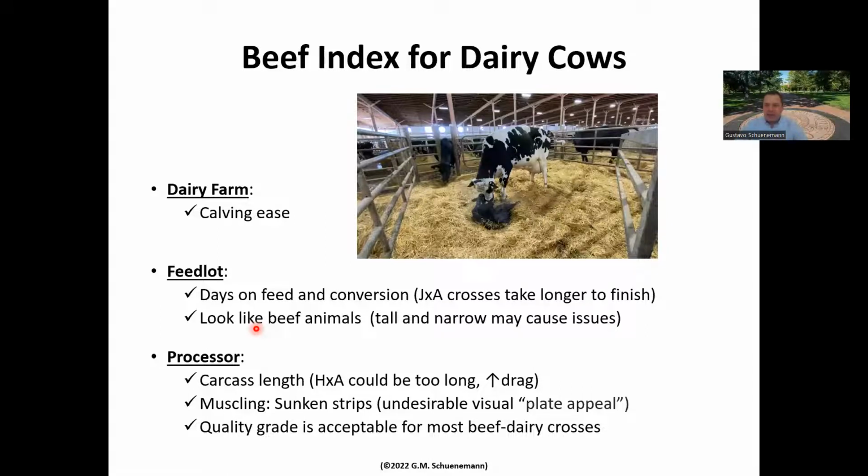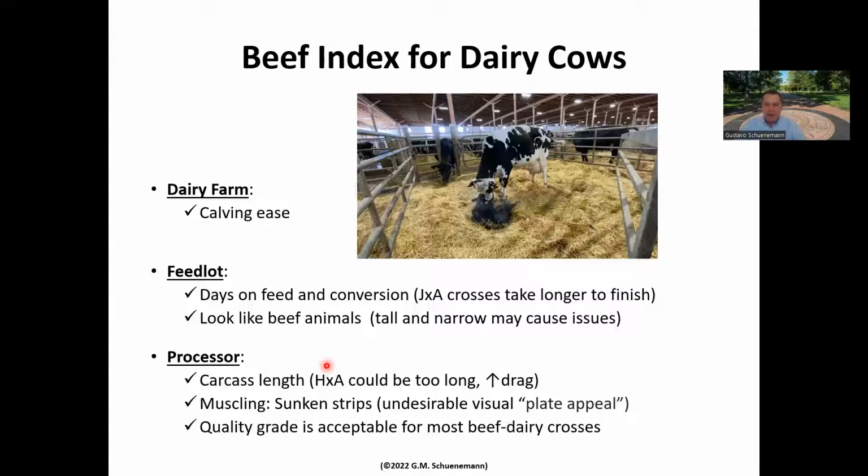And within that, definitely you don't want to have tall animals or too narrow, right? Because they cause issues, especially the tall animal, right? They do have a discount, right? And then you have another important component in the beef industry, the processor, right? The processor will look at the carcass length, right? Especially, like I mentioned before, the tall animals, especially those Holstein cows. Not all farms have this. We work with a number of farms that have Holstein cows, but I can tell that there is about 200